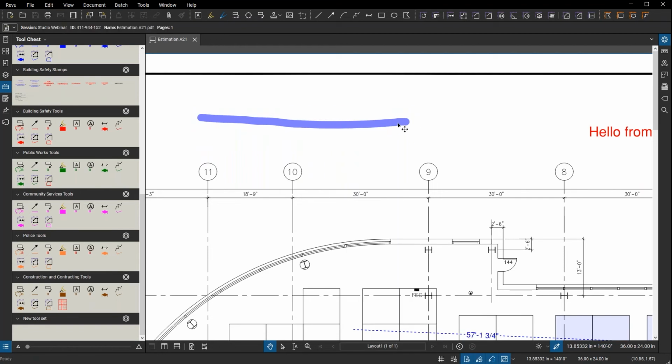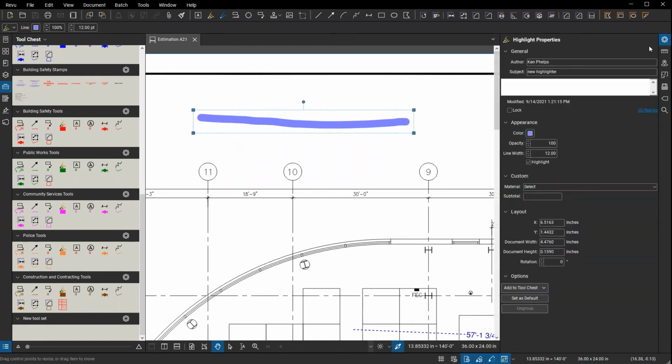You can also get to that same list from the properties panel. So you've got the add to tool chest also here. You get the same menu that will pop up when you select that button. Either way,